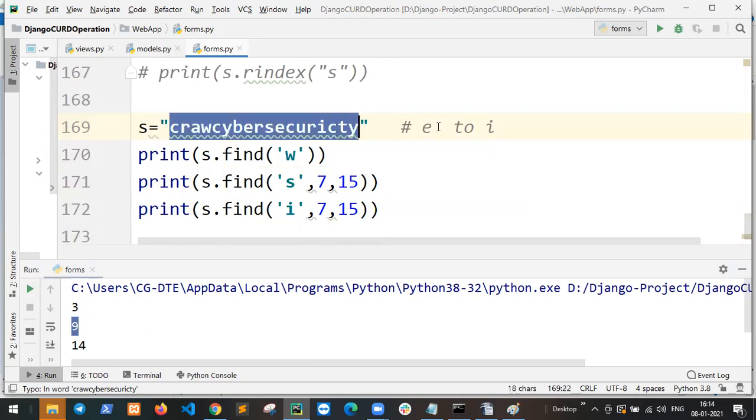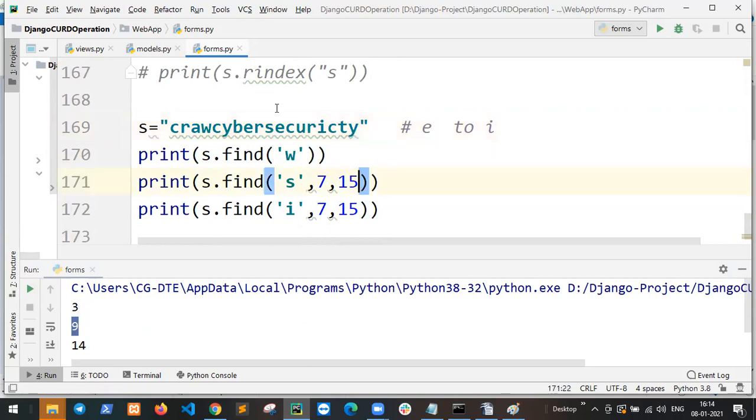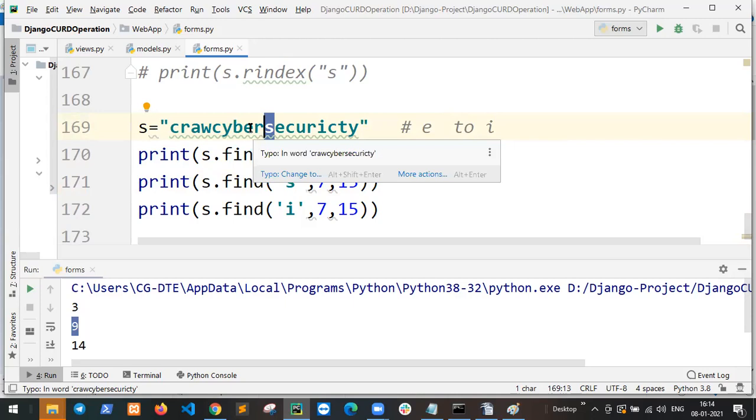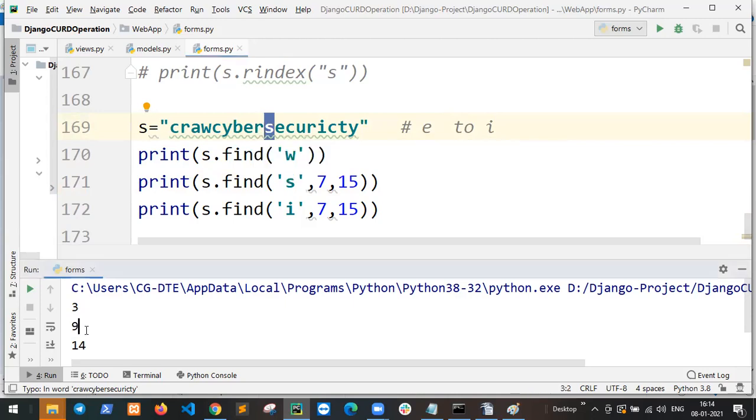And 15: 8, 9, 10, 11, 12, 13, 14, 15. So between E to I, where is S? 0, 1, 2, 3, 4, 5, 6, 7, 8, 9. So 9 is S.